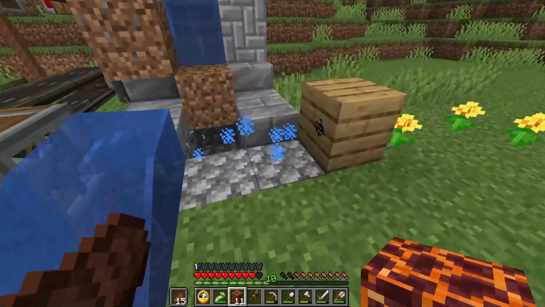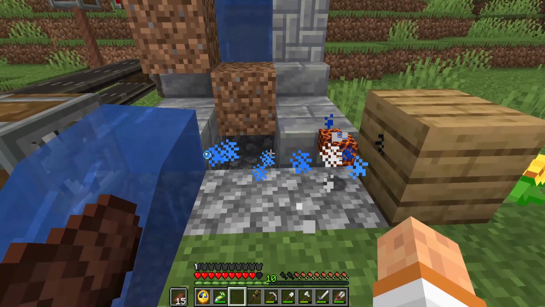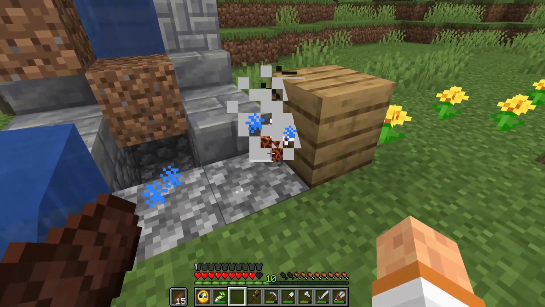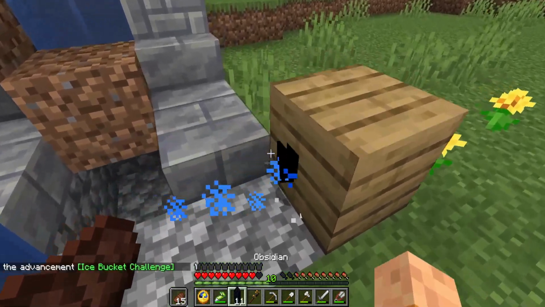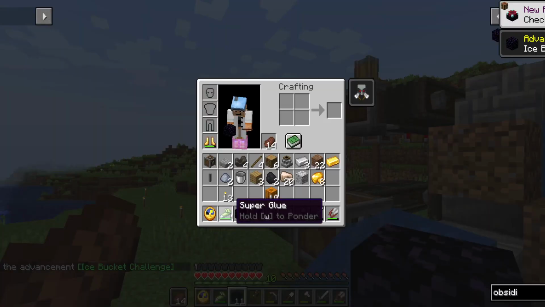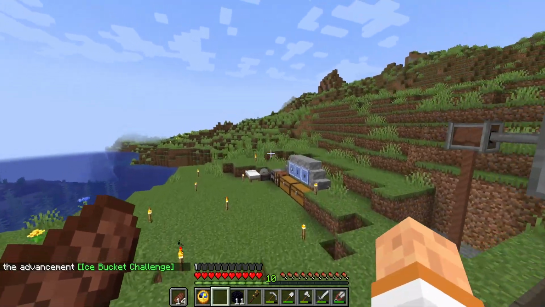All right, so now we should just be able to throw these down right here, and we'll slowly get obsidian out of them, I guess. I don't know. Oh, they're getting pasted to the block. Oh, voila. Obsidian. That was really quick. So, with these, we can now go to the nether and get...